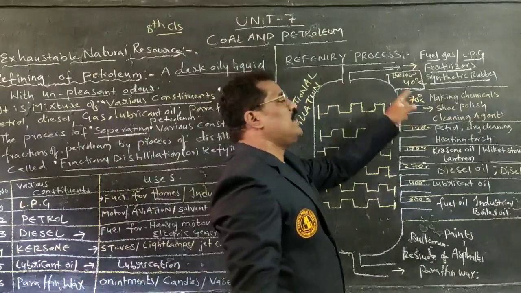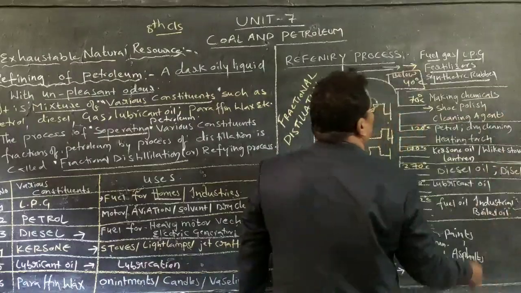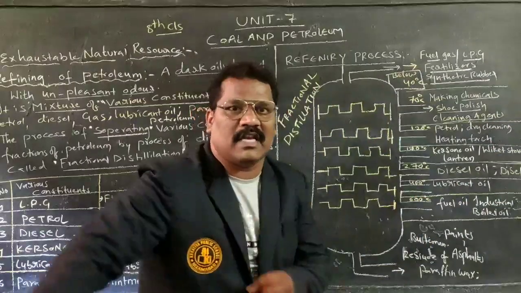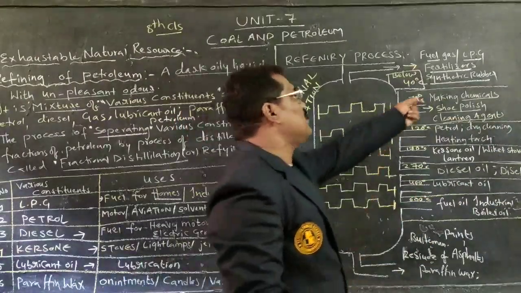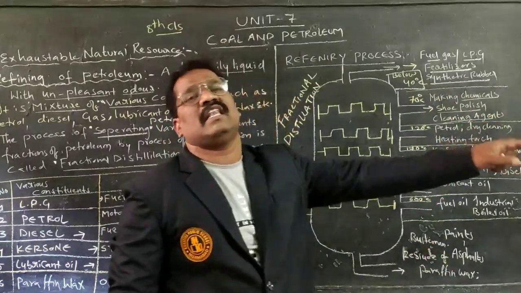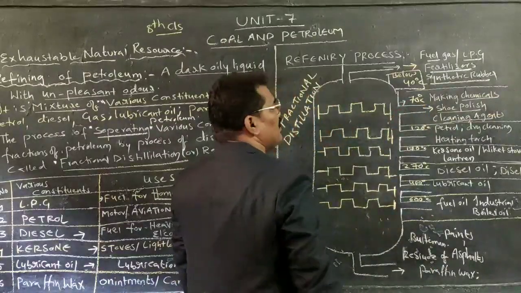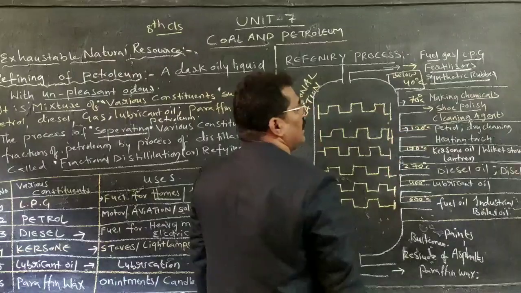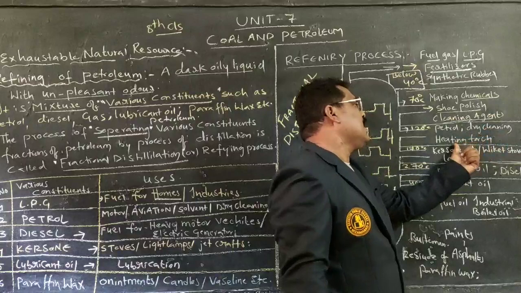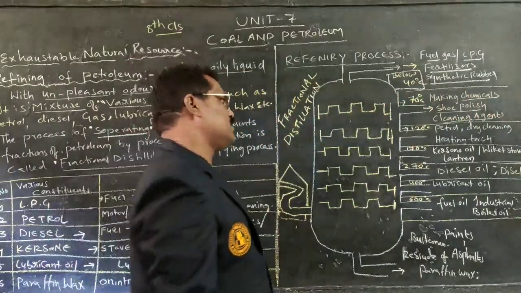At a temperature of 70 degrees centigrade, we get many chemicals such as shoe polish as well as cleaning agents. We use Lysol as a cleaning agent, yes or no? This is also a product of petroleum. At 100 degrees centigrade, we can produce petrol, dry cleaning fluid, and heating and torch fuel from the petroleum product.